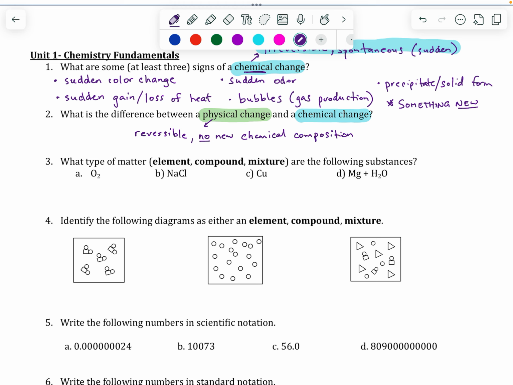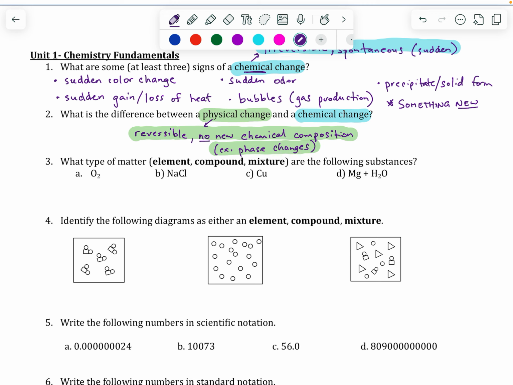So no new chemical composition, same thing. So a lot of times the examples for this is our phase changes, right? Going from liquid to solid, solid to gas, all of those types of changes, and the actual appearance changes in physical changes very similar to our chemical changes,